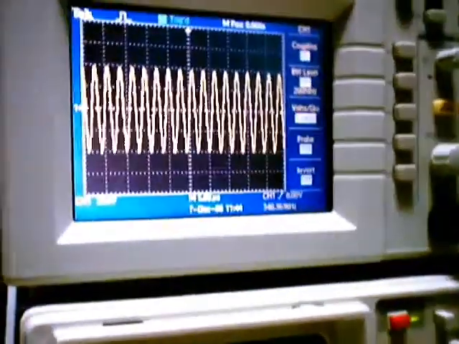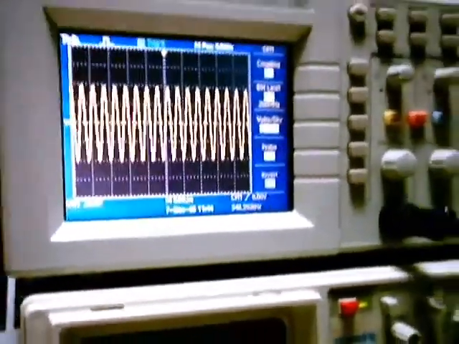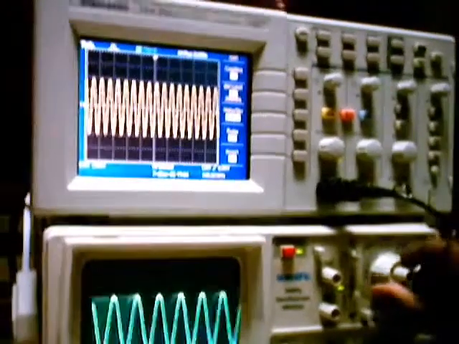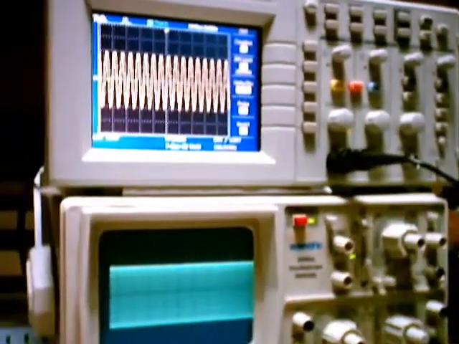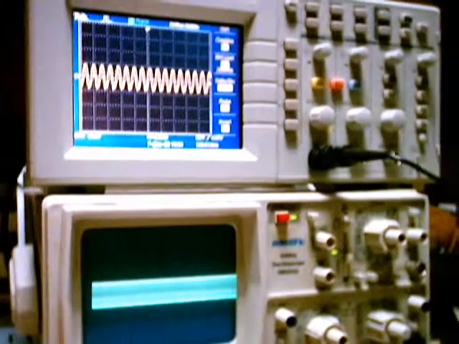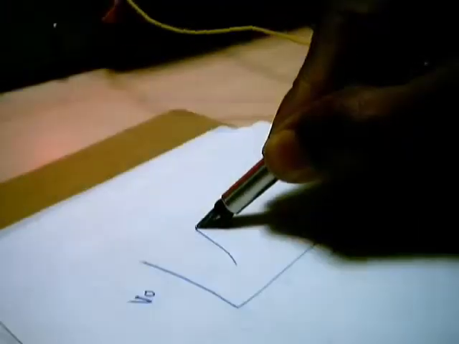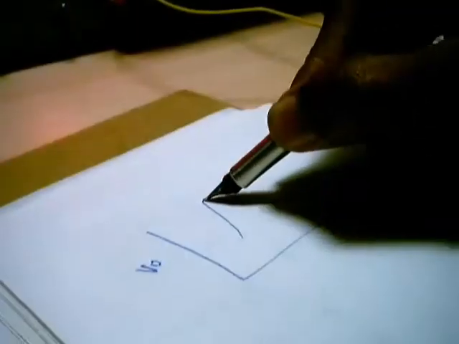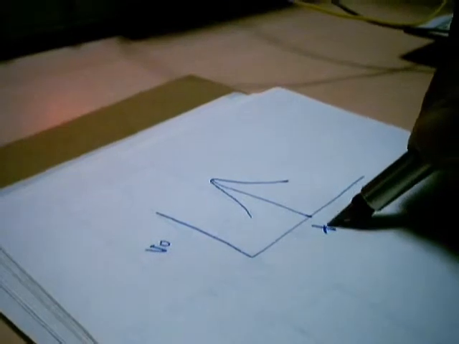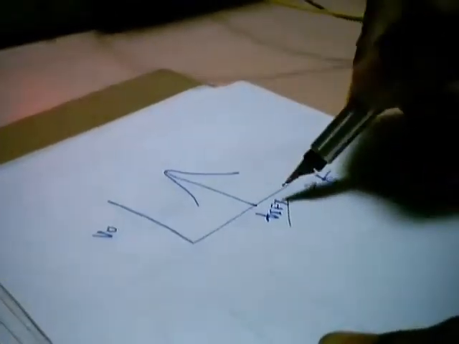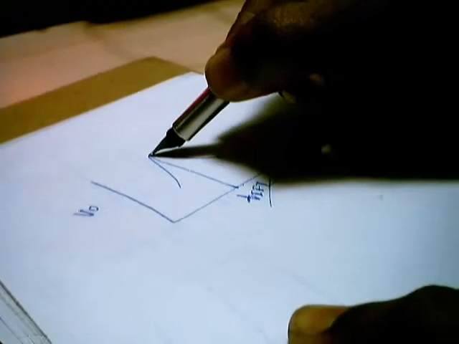Before we find the frequency, we need to vary the input frequency to find where I get the maximum response. You can see this is the output of the IFT. IFTs are tuned circuits, so they have the frequency response of a tuned circuit. This is the frequency variation against the output voltage. So we need a tuned response, which means it has to give maximum response at only a particular frequency. This is our FIFT. I need to find at what input frequency I'm getting the maximum response.